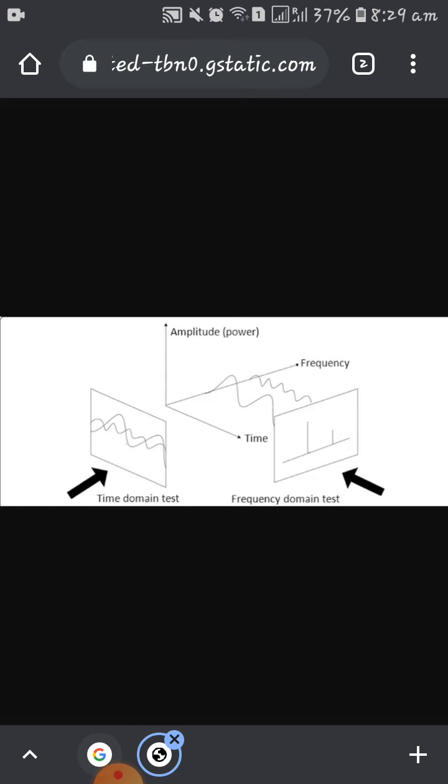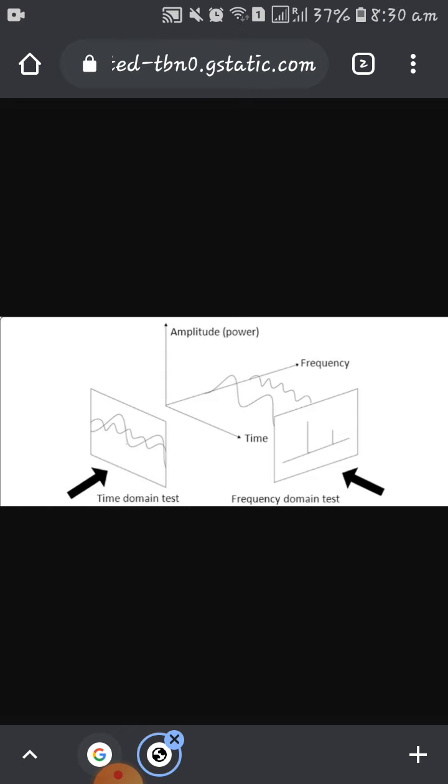You are not looking at the time, you are just looking at the number of cycles. Let's say you are looking at a signal that has multiple frequencies, at 2 hertz, 2 kilohertz, 5 hertz, something like that. At each frequency you will have a peak. That is how you look at the frequency domain. So frequency domain is nothing but forgetting about the time and just looking at how the signal is varying over the frequency. At each frequency you will have a peak. So it's like looking at the signal from the side.